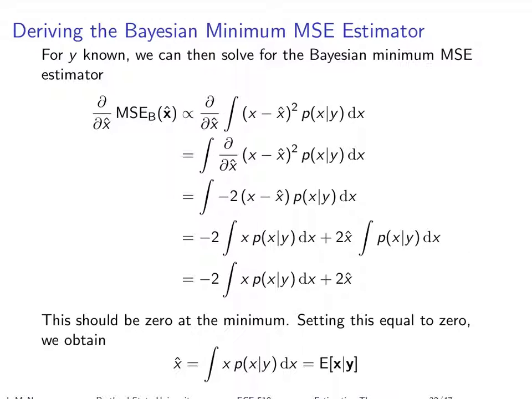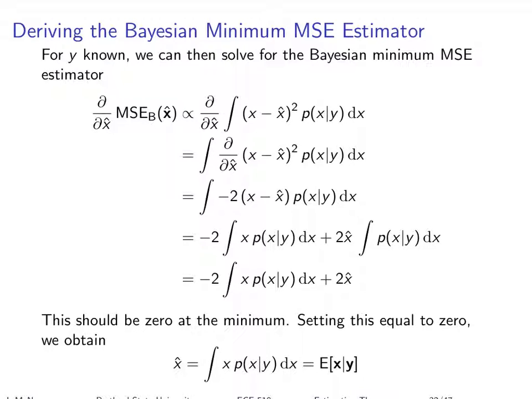When you're minimizing something, I haven't shown it here, but you take the derivative, you set it to 0, and you find either a minima or a maxima. In this case, I can just tell you that what we're finding is a minimum, and that there's only one minimum, and it's the global minimum. I'm not proving that here. That's kind of missing from the idea that we're getting the minimum mean squared error estimator. But nonetheless, that's the approach I've sketched out here. It's easy to find on the web, or probably in some of the references I've provided, the other proof that there's only one minimum, and that this is finding that minimum and it's not finding a maximum.